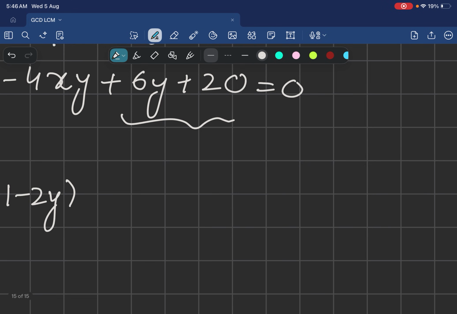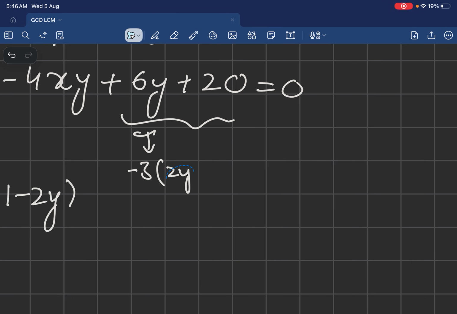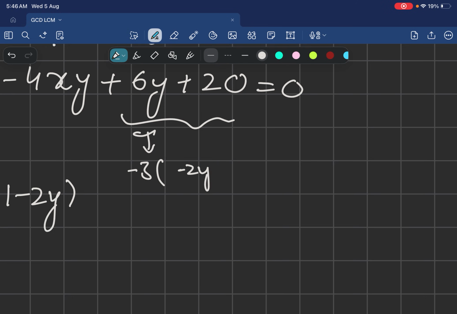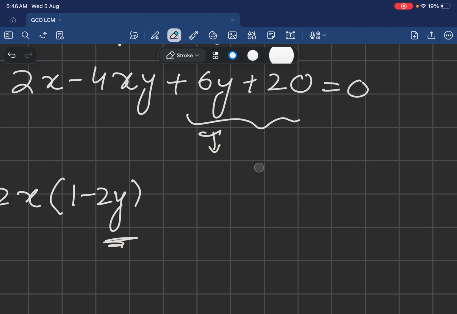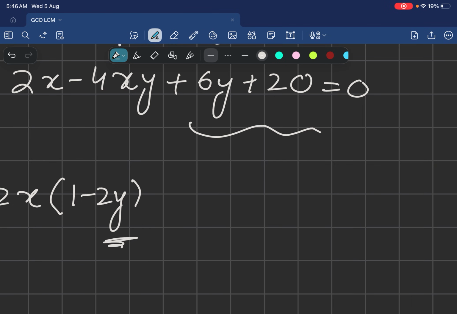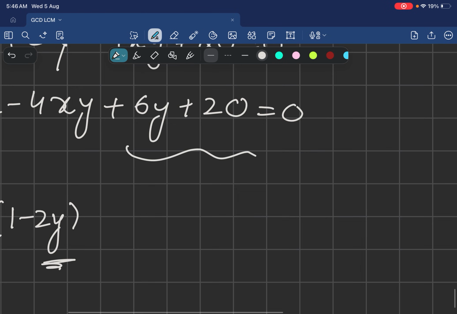Okay, so let's say I can make 2y. If I take 3 common here, then this would be 2y. But I want minus 2y. So if I take minus 3 common, then I can make this as minus 2y, which is similar to this one. We gotta bring 1 as well. So we need 1 here, which means if I write this, the above thing is